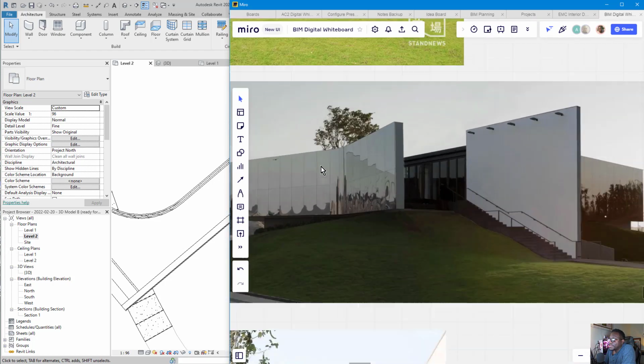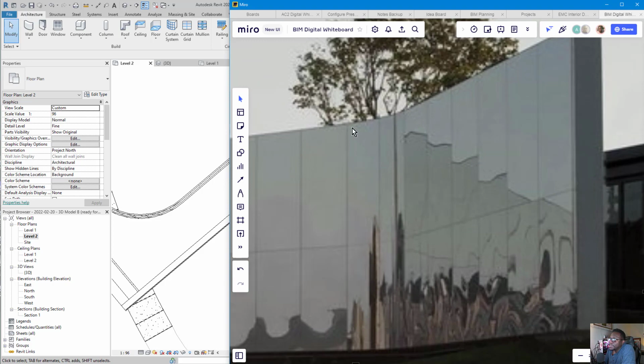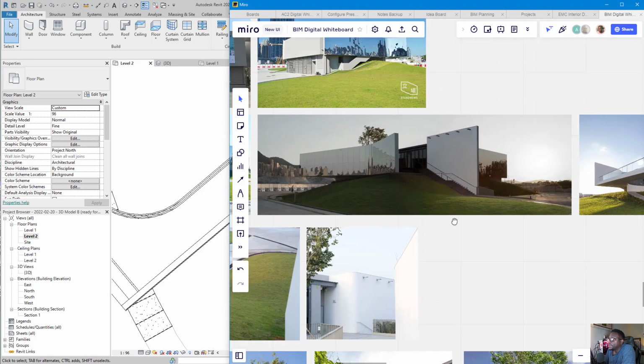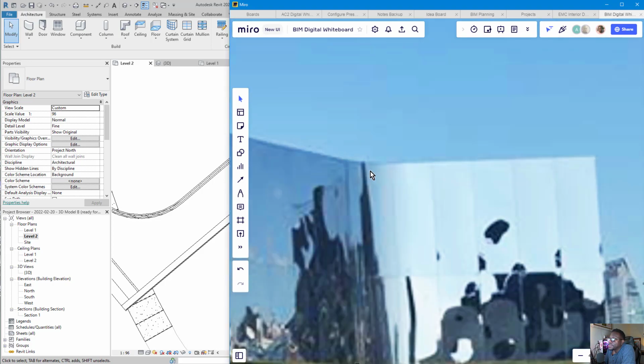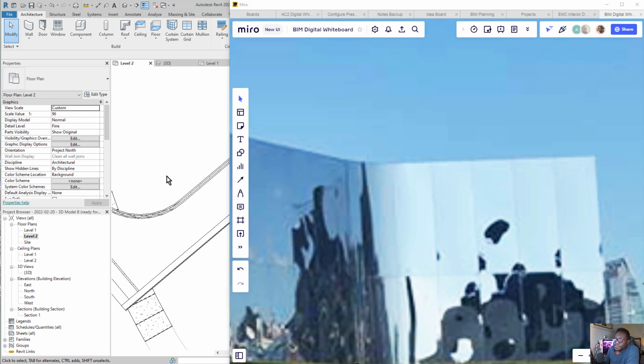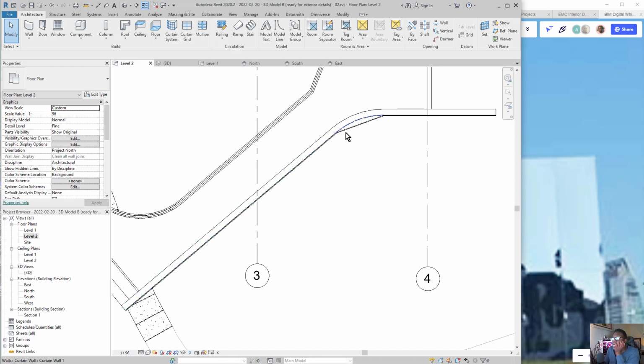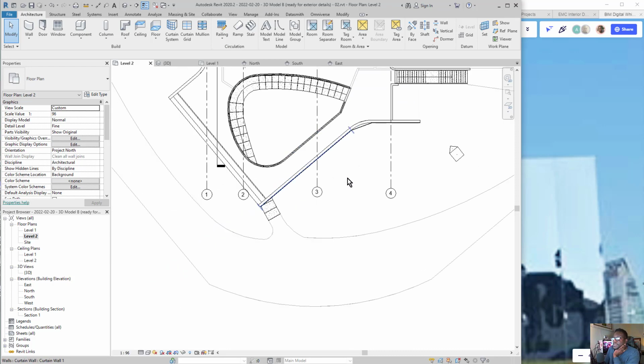that this glass is indeed curved. You can see it here. So this glass is actually curved, and it is not actual corners like a polygon. So we would need to accurately represent that here. And in order to do that, we have to create a little